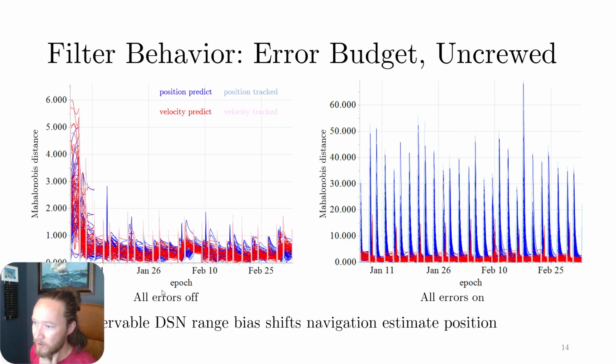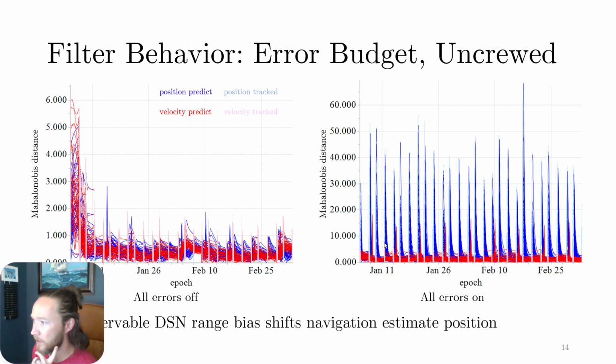And so you can see with all of our errors turned off, everything, we start out with a high Mahalanobis number that gets down into a steady state. And then all of these numbers are nicely below, in the neighborhood of 1. However, when we turn all of our errors on, you can see every time that we have active data tracking,